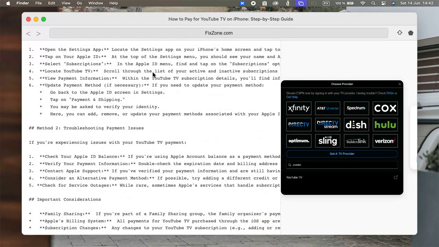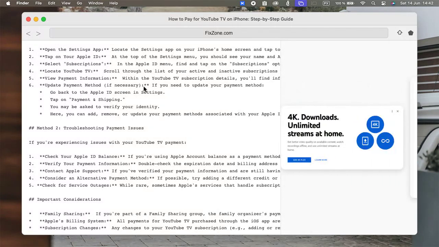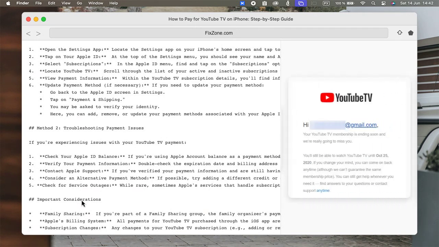Today we will be discussing how to pay for YouTube TV on your iPhone. Are you ready to cut the cord but still want access to live TV? YouTube TV is a great option, and it's super convenient to manage your subscription right from your iPhone. In this video, we'll walk you through the simple steps to ensure your YouTube TV payments are always up to